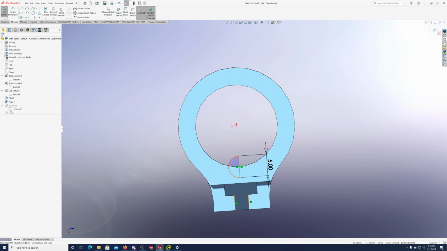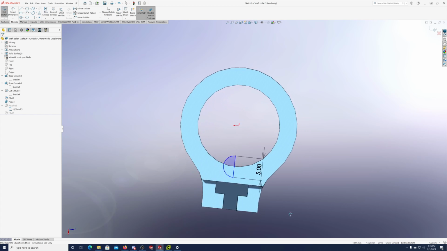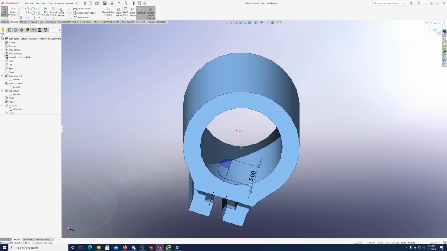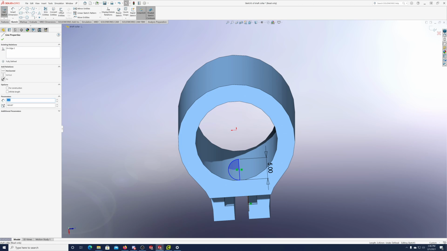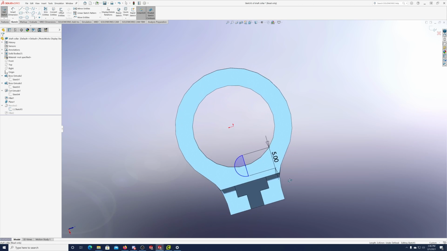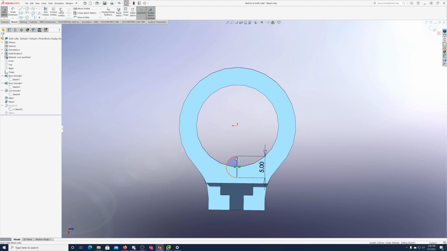Yeah, so I went into edit sketch 5 here. I still got these two lines. I'm going to try and delete those. So I'm just kind of playing around with this. Obviously, I haven't really made any progress either, but